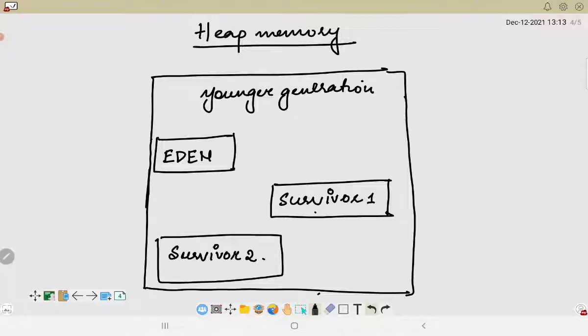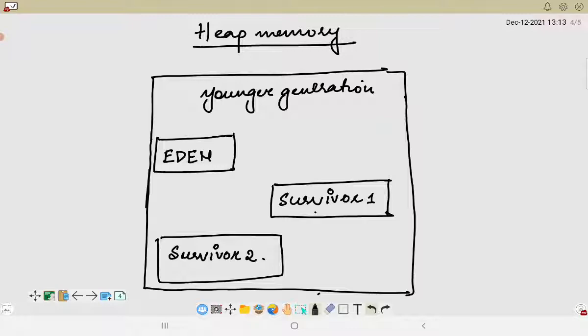The details we will not be discussing in this video, but we will have a brief idea about how things take place. Eden along with the survivor space follows the young generation, whereas we also have tenured and permanent generation. So that is the heap structure basically.